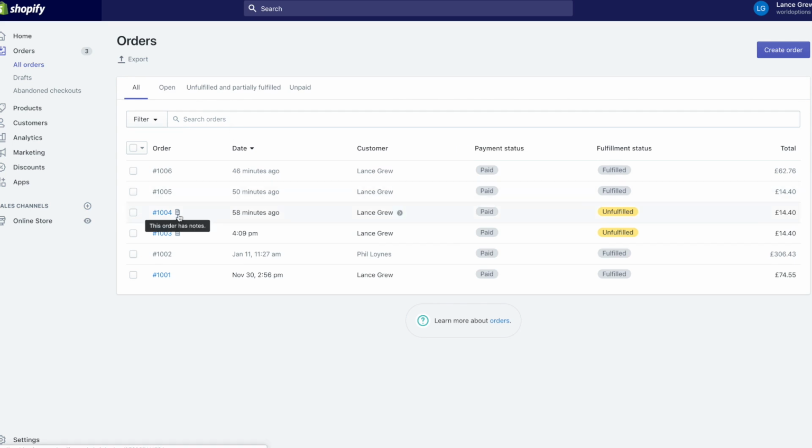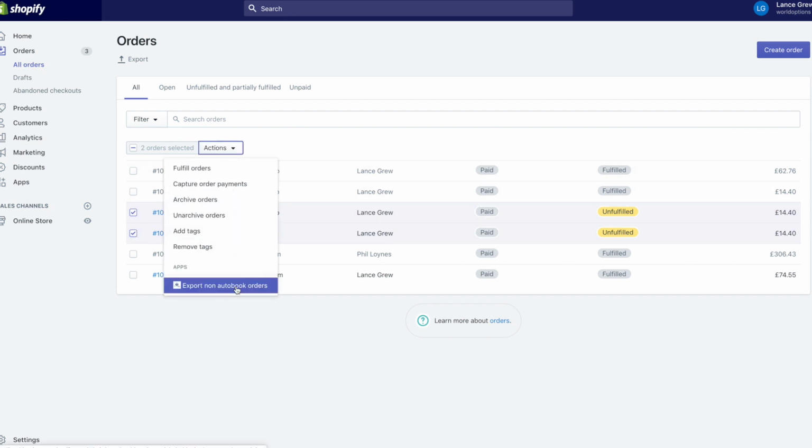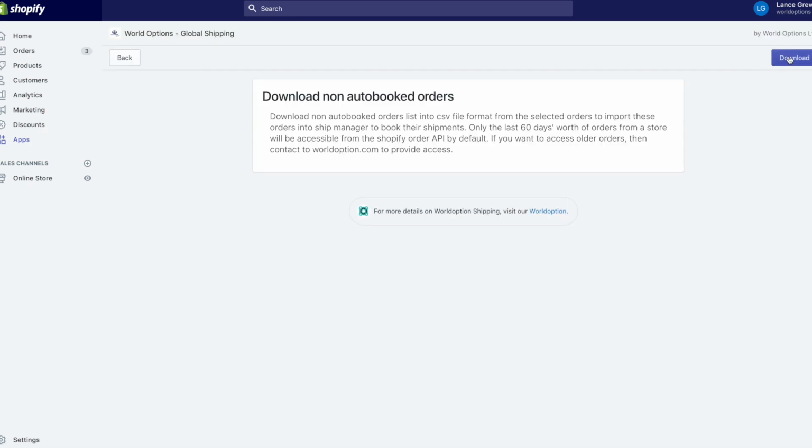Anytime when you see an order has a note and is unfulfilled, it probably means that the order needs fixing. There might be a number of reasons, but it will tell you in that note section. Unfortunately, at this moment, this shipment doesn't have a label. However, we've got you covered. Select the shipments and go to Actions and Export Non-Auto Booked Orders. At this point, you can download